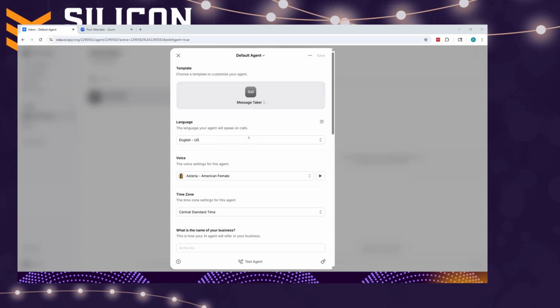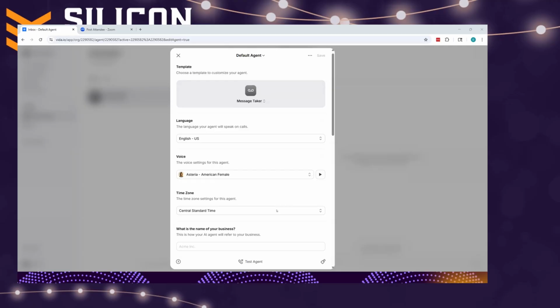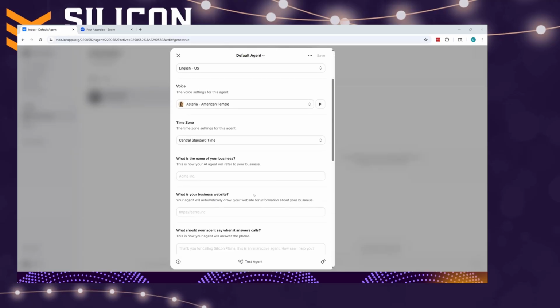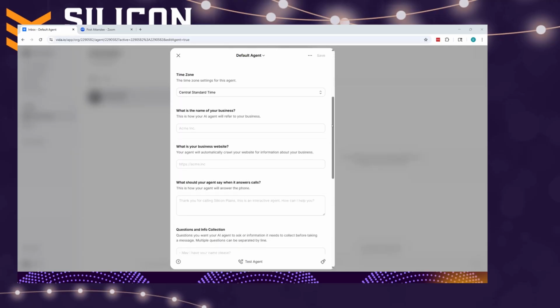this is. So we're going to go with English. We picked the best voice, the one that sounded the least like an AI receptionist, and Central Time. So what we'll see here is everything we're putting into it. You can see I've already nearly scrolled down to the bottom, but first things first, company name, Silicon Plains. What is our website? I've got a little cheat sheet over here on the left, so you guys won't just watch me type here for the next little while, but put the website in there,